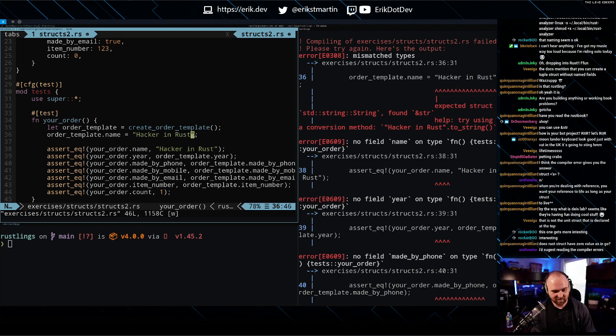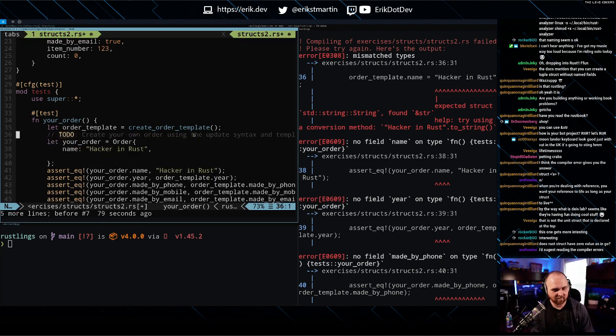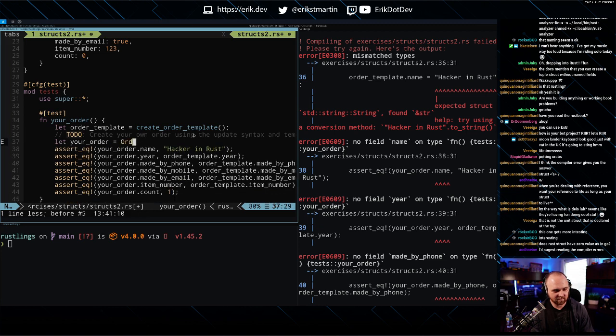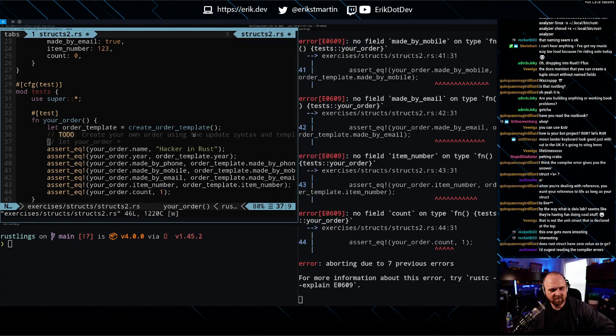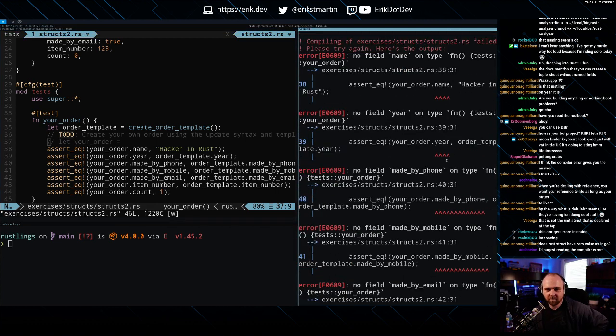Yeah, so I'm going to back up for just a second here. And let's see what the original compiler error looks like. But it looks like this order template is saying no field name on type function.